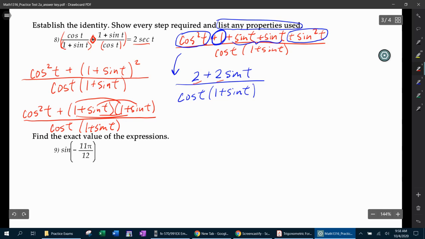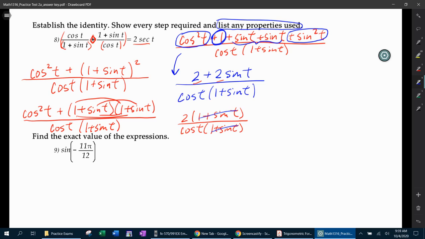Notice both of these terms have a 2, so we're going to say 2, 1 plus sine t, all over the common denominator of cosine t, 1 plus sine t, and then your 1 plus sine t's, the common factor, is going to reduce. So that's going to leave us with 2 over cosine t,